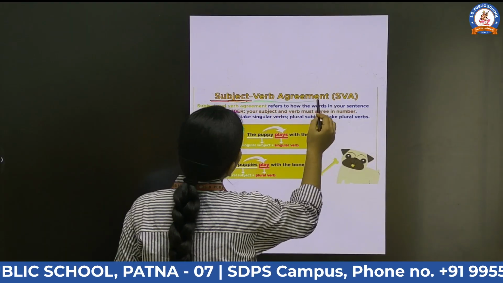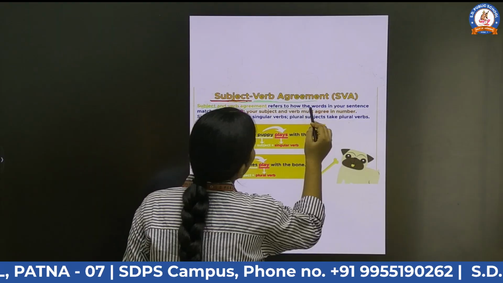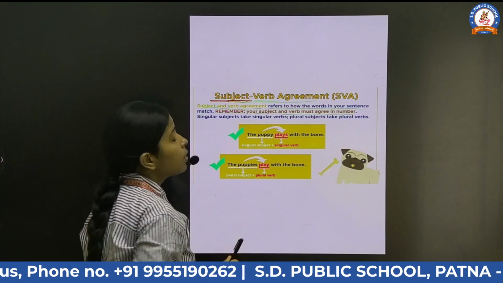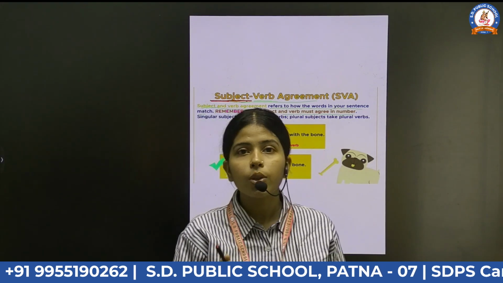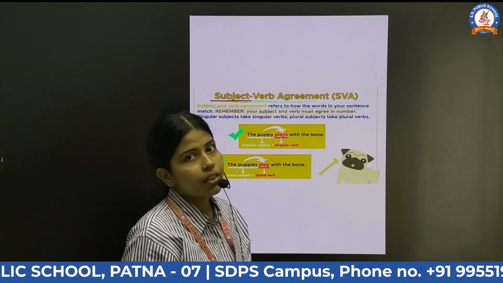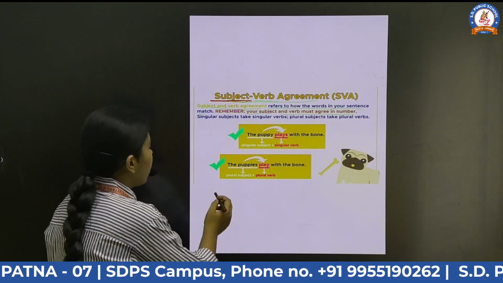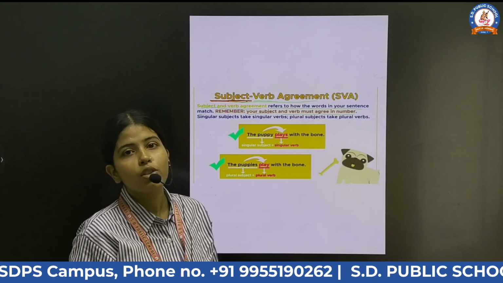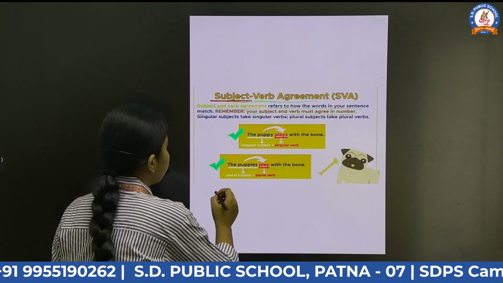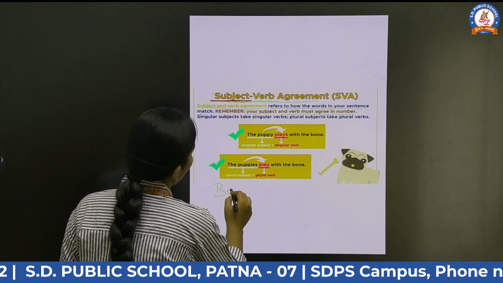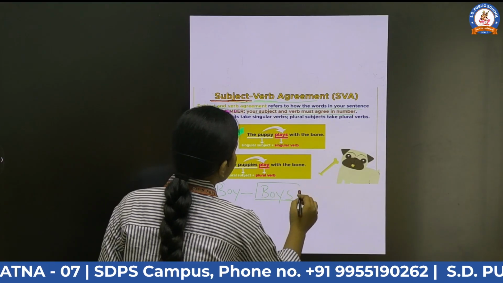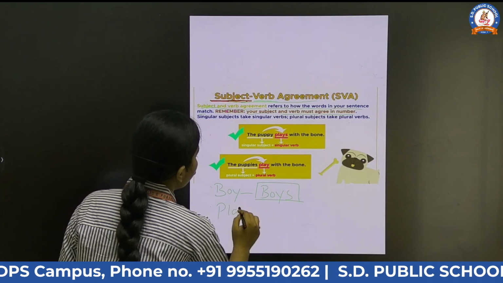Together, what is subject-verb agreement? Subject-verb agreement refers to how the words in your sentences match. Your subject and the verb must agree in number, which means for a singular subject, you have to take a singular verb, and for a plural subject, we take a plural verb, right? One thing which is very interesting to know is that when we add s or es to a noun, it becomes plural. But when we add s or es to a verb, it becomes singular, right? If we write boy and add s, then it becomes plural. But in a verb, when we add s, it becomes